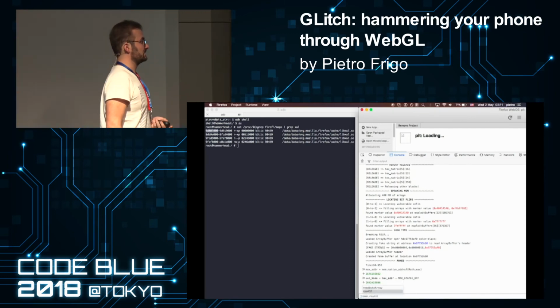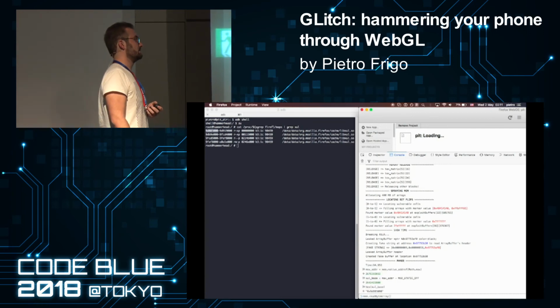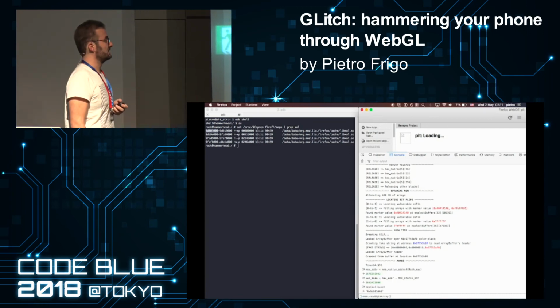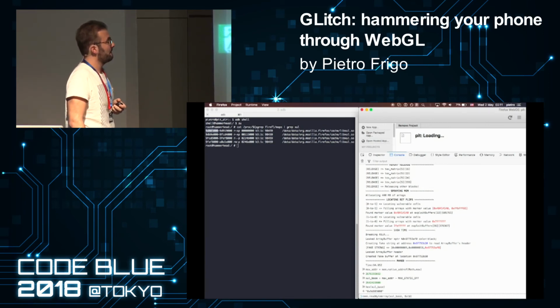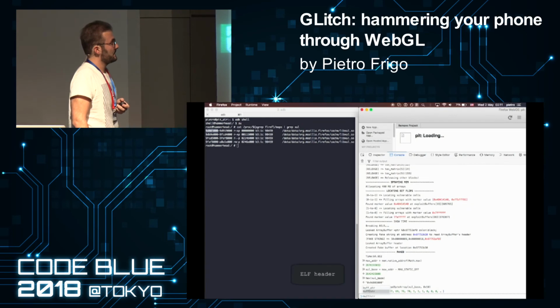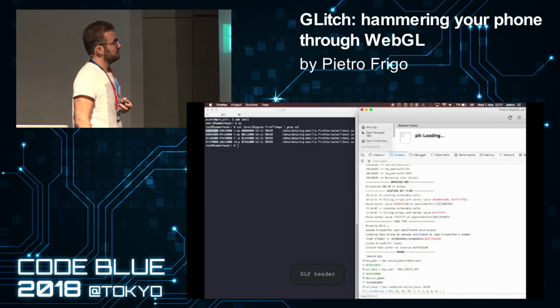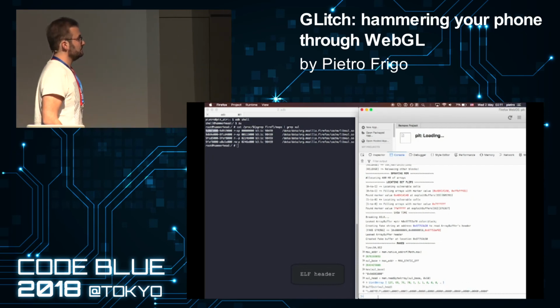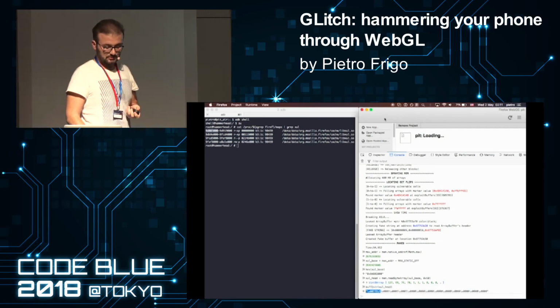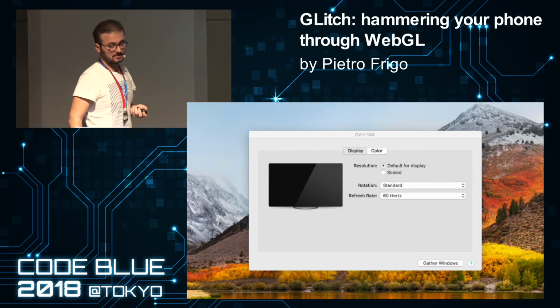And you will see that it's the header of an ELF binary. So as you can see, you just leak the header of the ELF binary, and if you want, then you